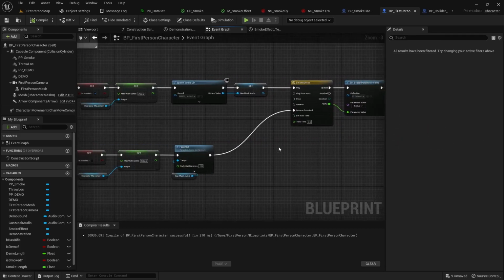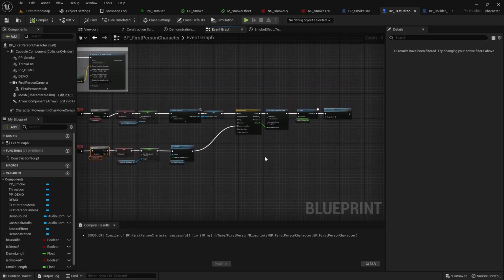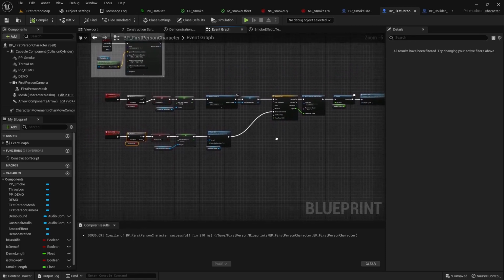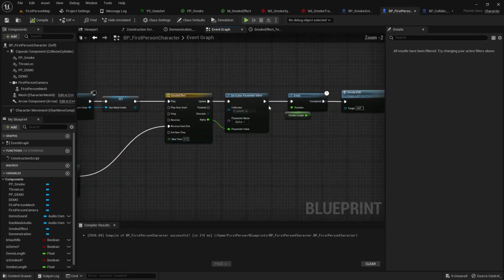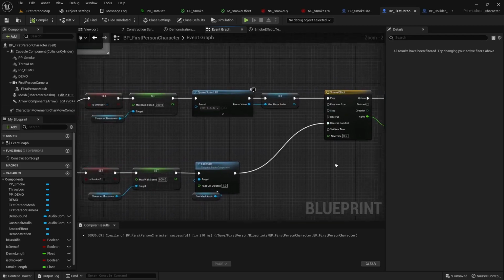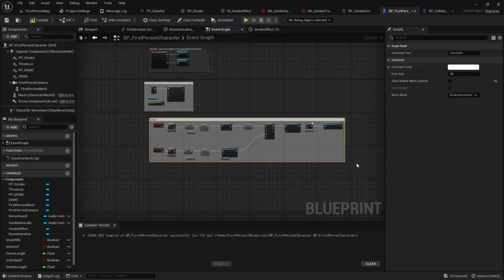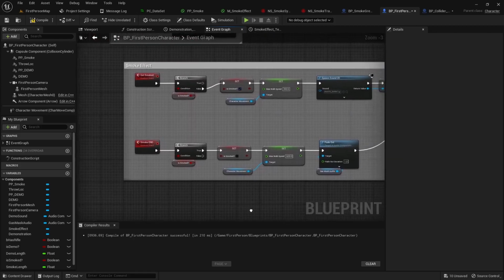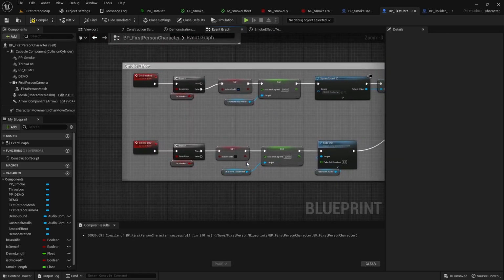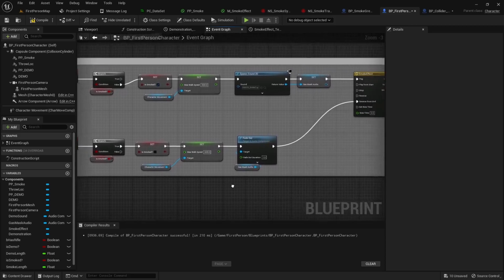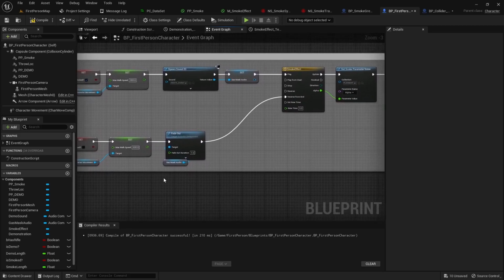So you're able to trigger the post-process effect just using a timeline and setting the scalar parameter through an alpha. So that works pretty good. And then you can just comment this all out and call it the smoke effect. So pretty basic, just slows the movement down, puts a blur on the screen, and then after some penalty amount,